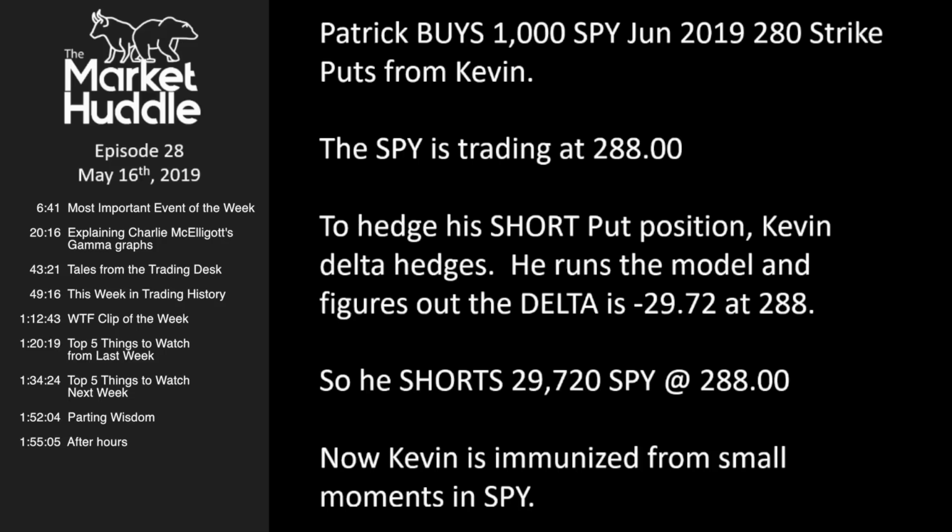So I've made up a scenario for people to understand. Patrick is the smart one that actually knows how to construct option positions to take advantage of the market moves. I was more of a market maker, and I was on the other side of a lot of Patrick's trades, and I just delta hedged them like a monkey. We put some thought into different strikes and what'll happen in terms of the volatility around different strikes. But the reality is that we didn't really care as much about constructing portfolios that take advantage of specific market moves. We were more worried about how to maintain a delta neutral book